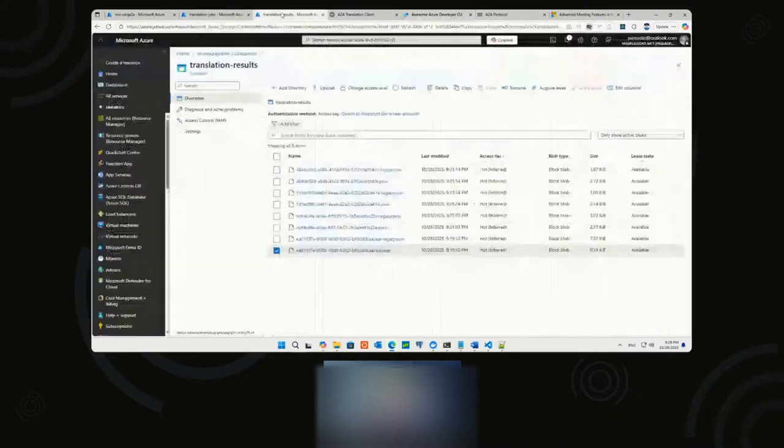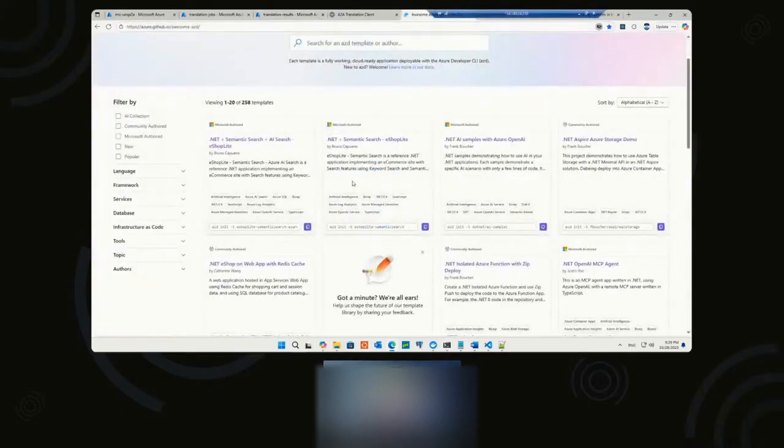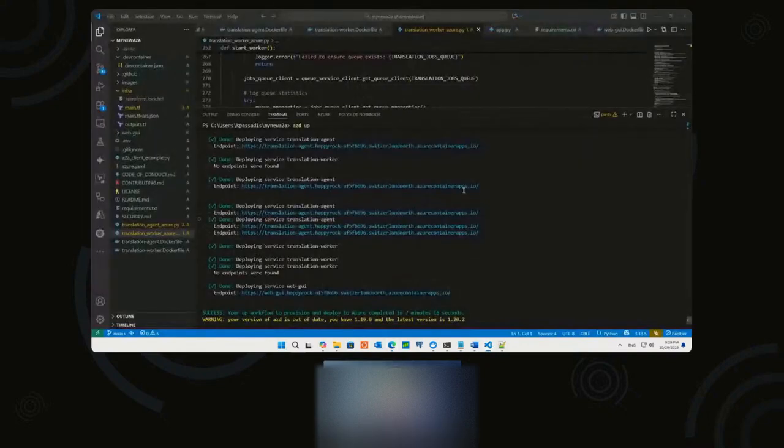Number three, when you get such a template from the awesome Azure Developer CLI, you are able to clone it into your own workstation and work with it. You can make it better, you can make changes, you can do whatever you want. In our case, this is a demonstration of the A2A protocol and how we can utilize it in Azure. What we saw is that we are able to create this relationship, implement the A2A protocol, use our agents